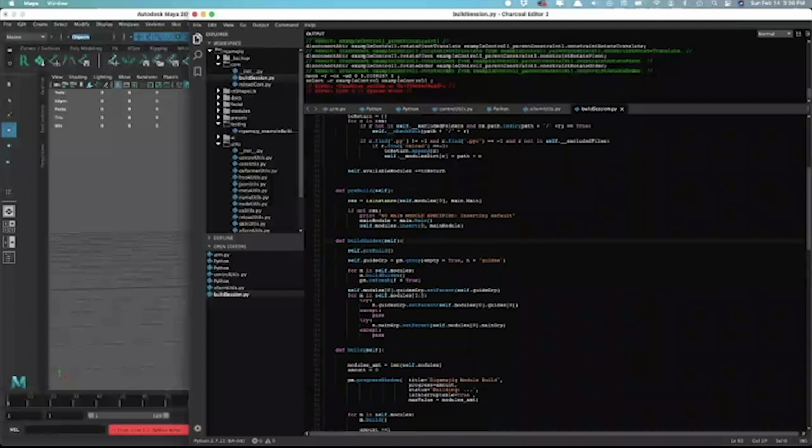So it's going to run a pre-build, but when you say build guides, it's going to get all of your modules in the modules variable, and it's going to build the guides. So it just runs this code that's in each class for every class that you have that you pass to this